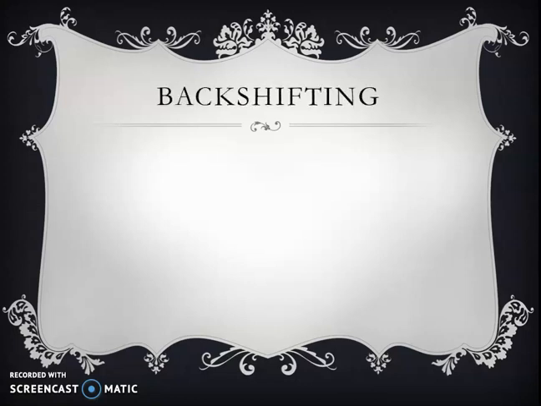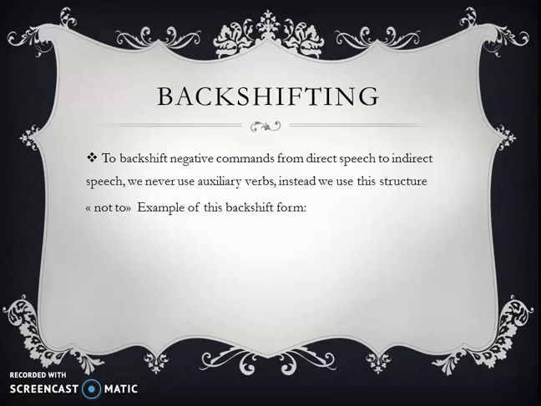Now we have the other backshifting part, and it is about the commands. So let's read, please. To backshift negative commands from direct speech to indirect speech, we never use auxiliary verbs as we did in the question forms. Instead, we use this structure, not to. Maybe you are very familiar with this type of usage of words in English, but it's really necessary to be understood because it's not only in some other cases, but we use this in indirect speech forms too. So the example of this backshift is,